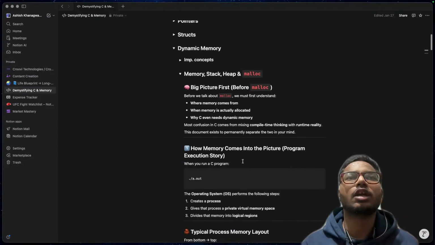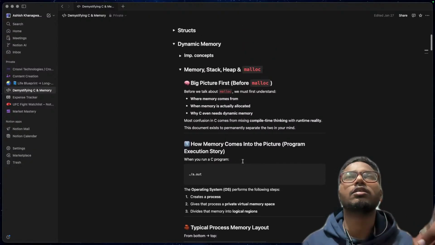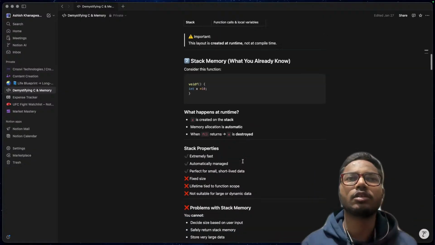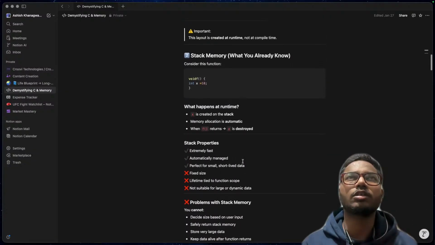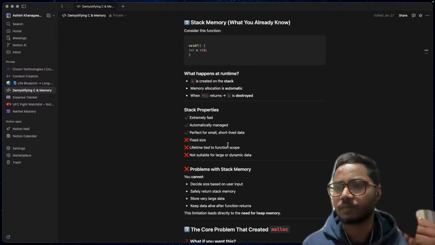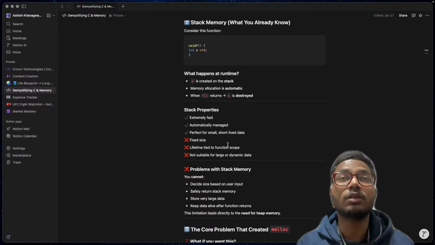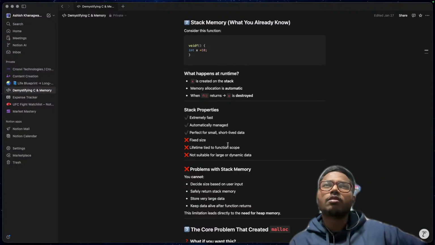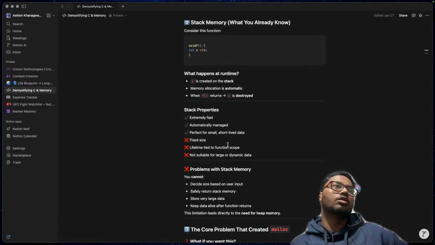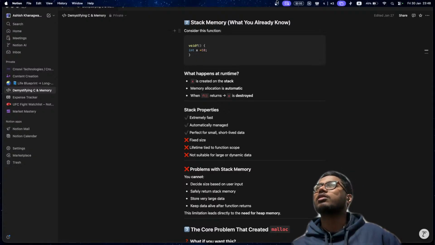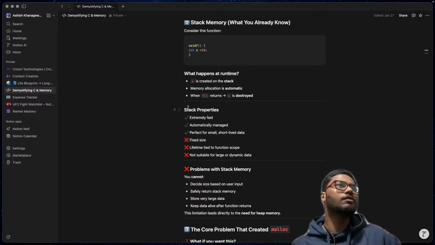I wanted to understand these concepts very clearly about memory, stack, and dynamic memory. We will discuss all these in our upcoming sessions, in our upcoming streams, and this will be happening regularly. Maybe tomorrow it will happen around 4 p.m. If not tomorrow, then 110% I will be streaming on Sunday at the same time.